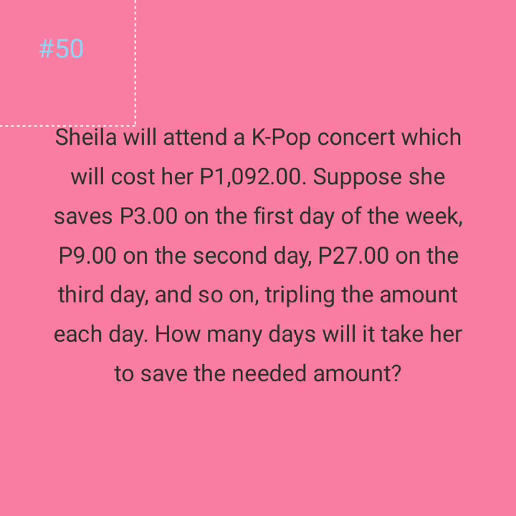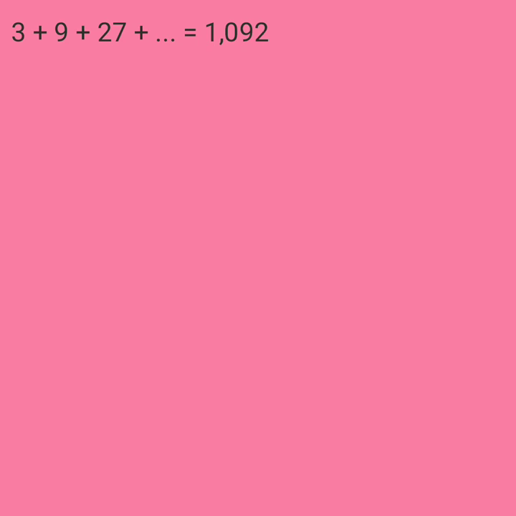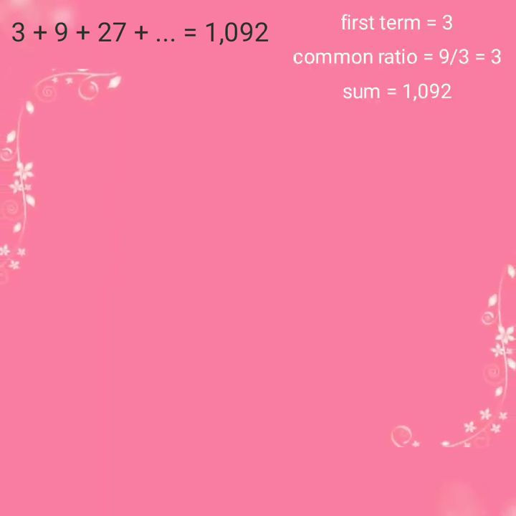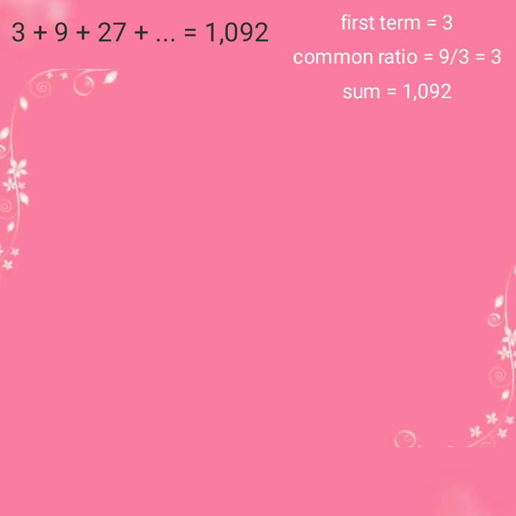Sheila will attend a K-pop concert which will cost her 1,092 pesos. Suppose she saves 3 pesos on the first day of the week, 9 pesos on the second day, 27 pesos on the third day, and so on, tripling the amount each day. How many days will it take her to save the needed amount? That is the same as 3 plus 9 plus 27 plus so on is equal to 1,092. Since first term is given, which is equal to 3, the common ratio is equal to 3, and the sum is equal to 1,092,